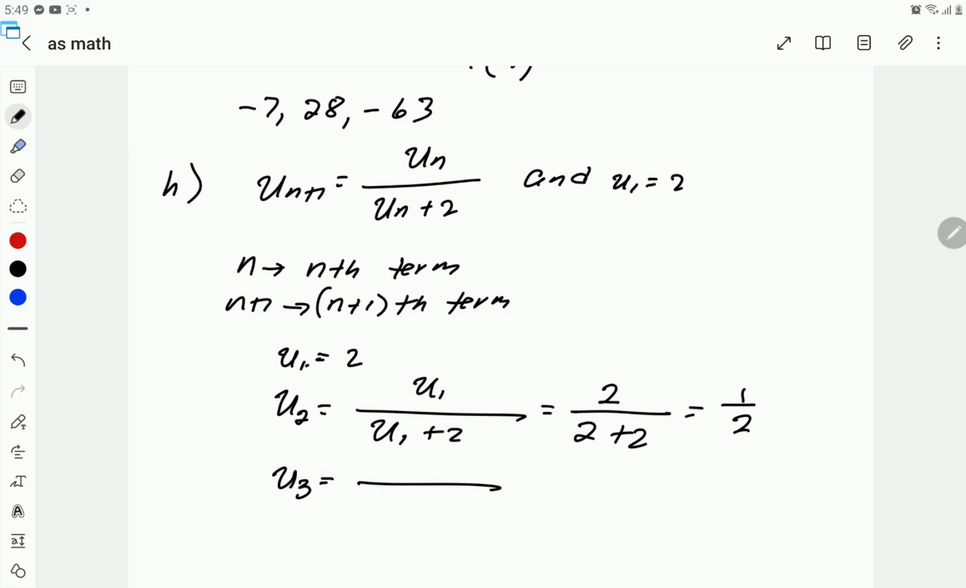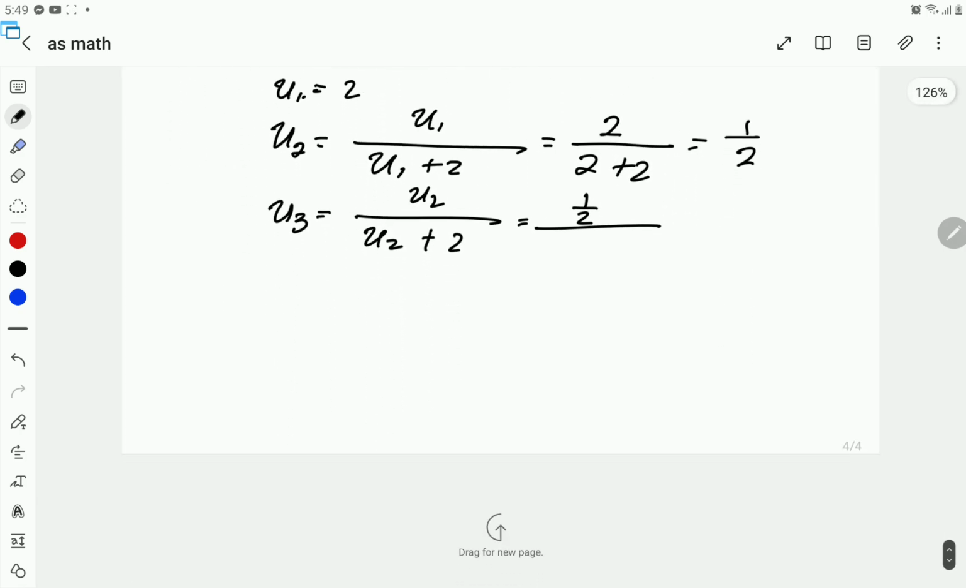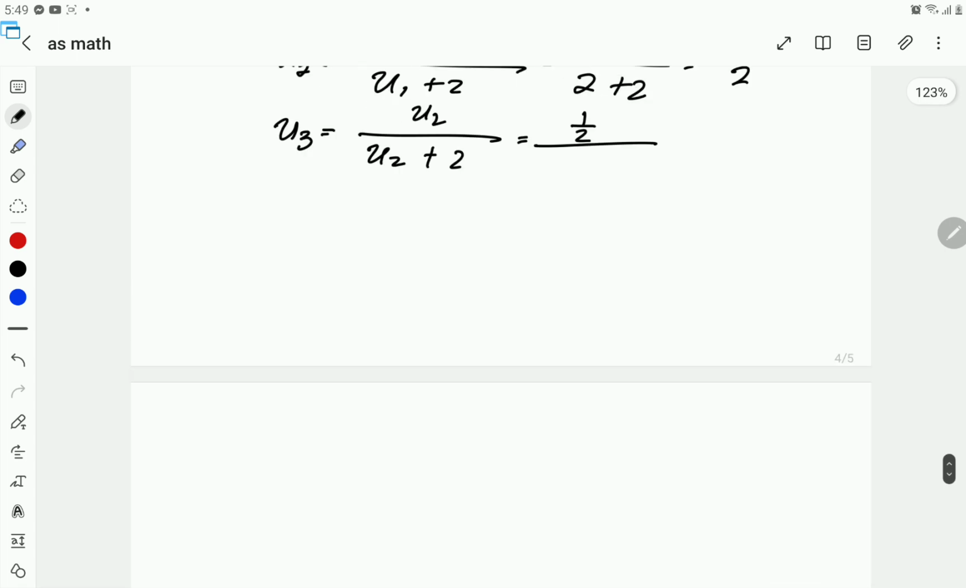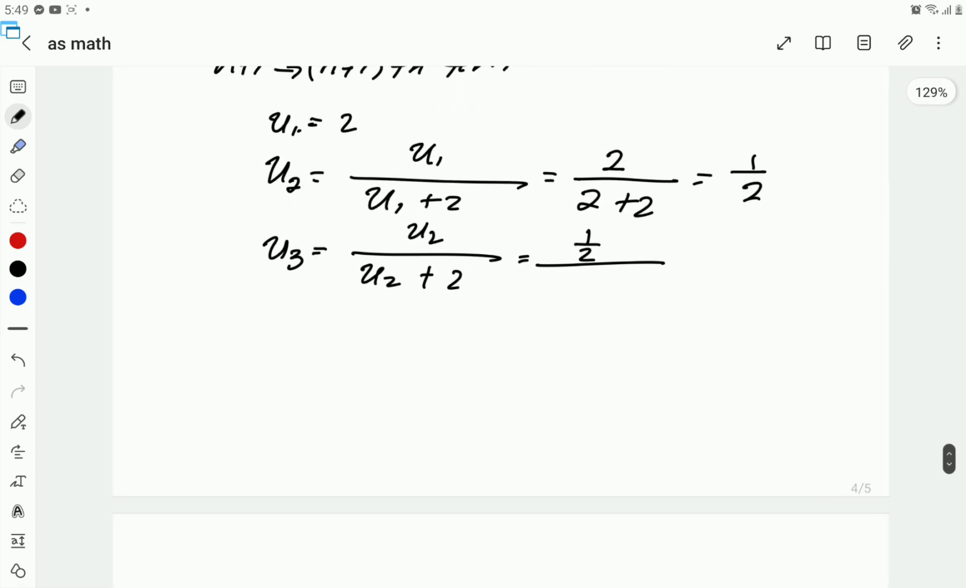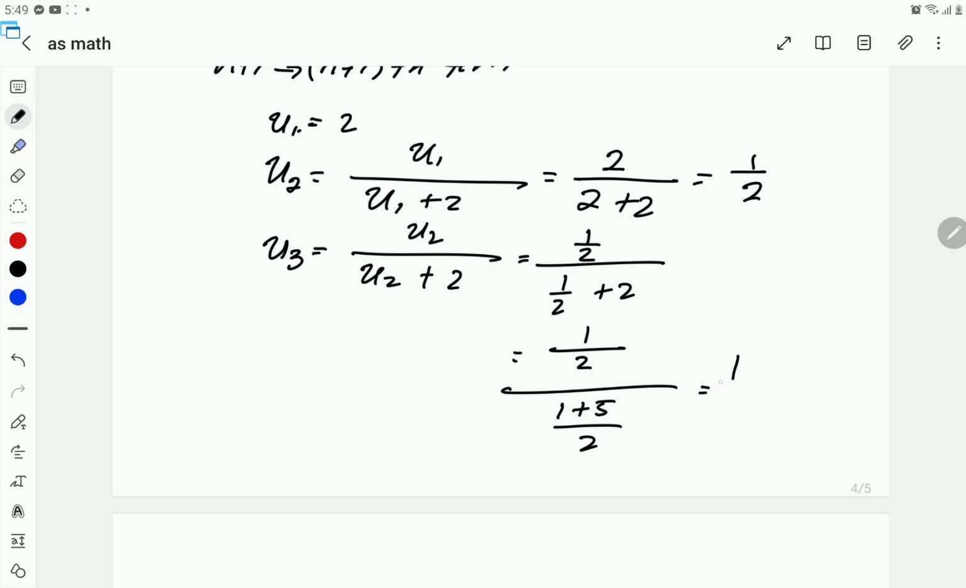The u3 says the u2 over u2 plus 2. That's the meaning. So the u2 is 1 over 2 over 1 over 2 plus 2. Let us simplify this one. That is 1 over 2 over 1 plus 5 over 2, which is the same as 1 over 2 times 2 over,